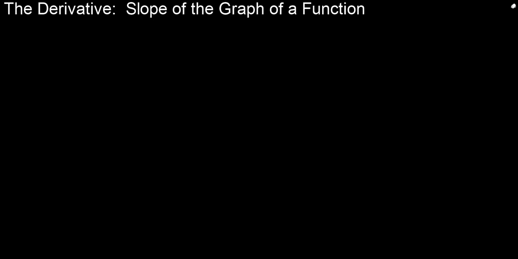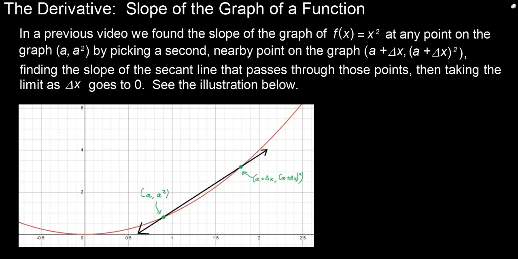Hello. So in this video, I wanted to talk about something known as the derivative. And I wanted specifically to talk about the derivative as the slope of a graph of a function. So I showed you in a previous video that we could get the slope of the graph of f of x equals x squared at any point on that graph, we'll say that has coordinates a comma a squared,